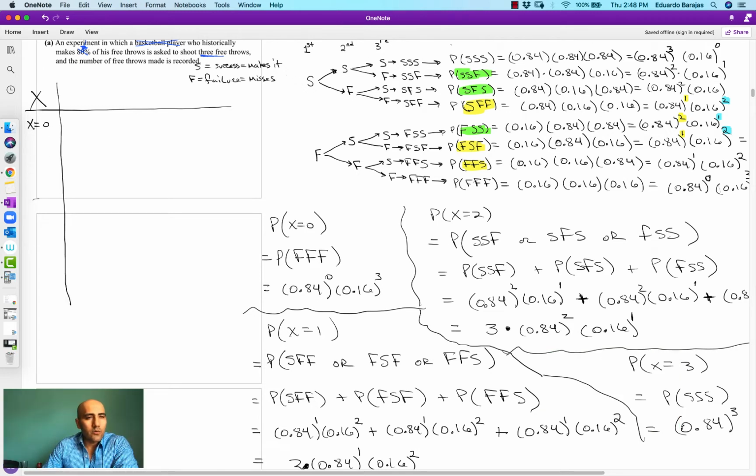Okay, so the first case is that x equals 0. Our random variable x equals 0, and so we want the probability that x equals lowercase x. So the probability that x equals 0, that's what we want to know. Well, we can see that there's only one way that could happen. That's this. So this is really equal to